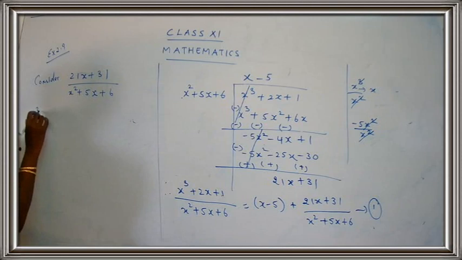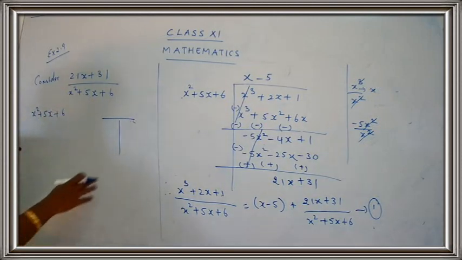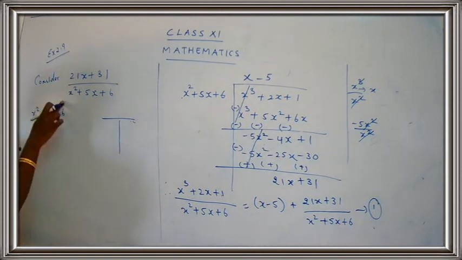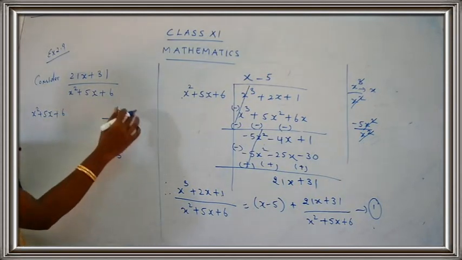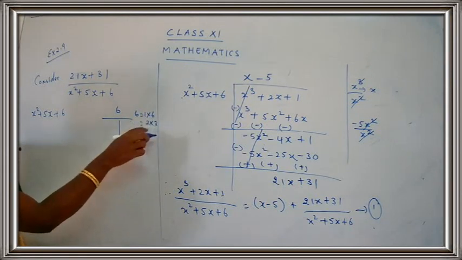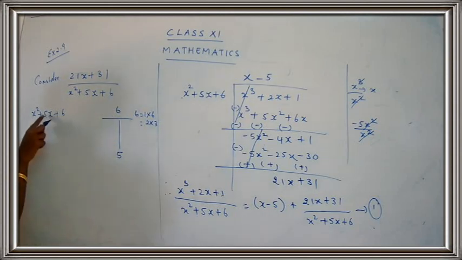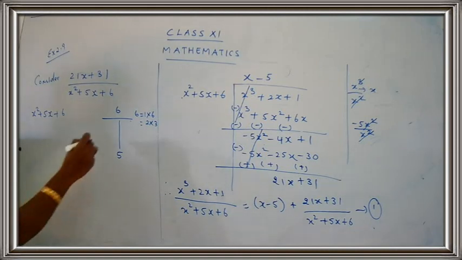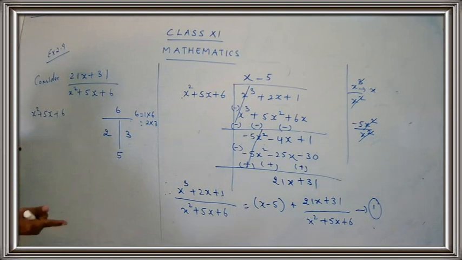So I am going to consider x square plus 5x plus 6. Use the T method. 1 into 6 is 6. Take the coefficient of the middle term, that is 5. Factorize 6. So 6 is equal to 1 into 6, 2 into 3. Very simple. 2 plus 3 gives you 5, 2 threes give you 6. I have told you when you have plus plus, you have to take the sign as plus plus. So you get here 2, 3. When you have minus plus, you have to take minus minus.